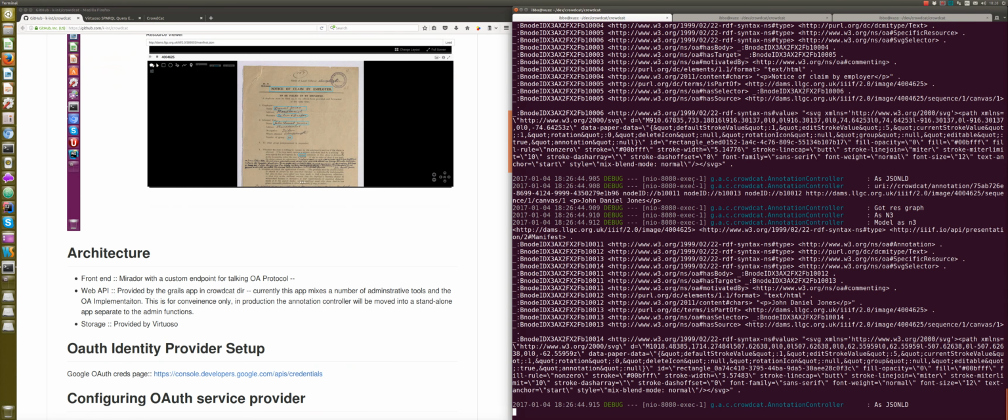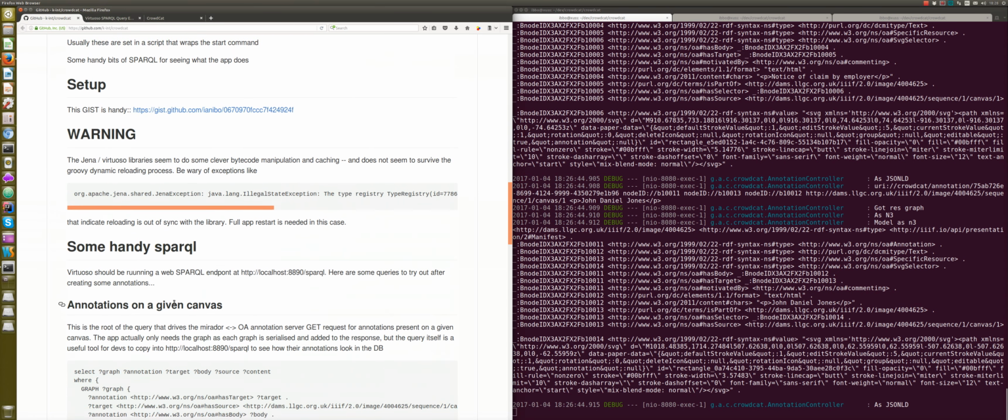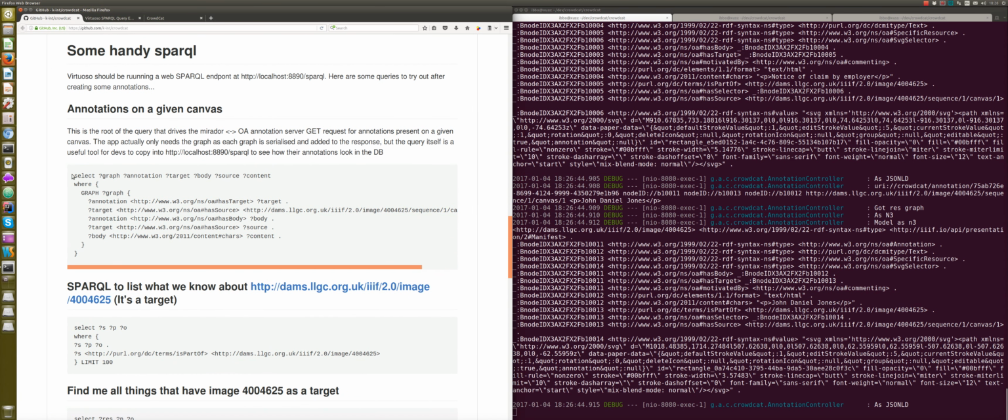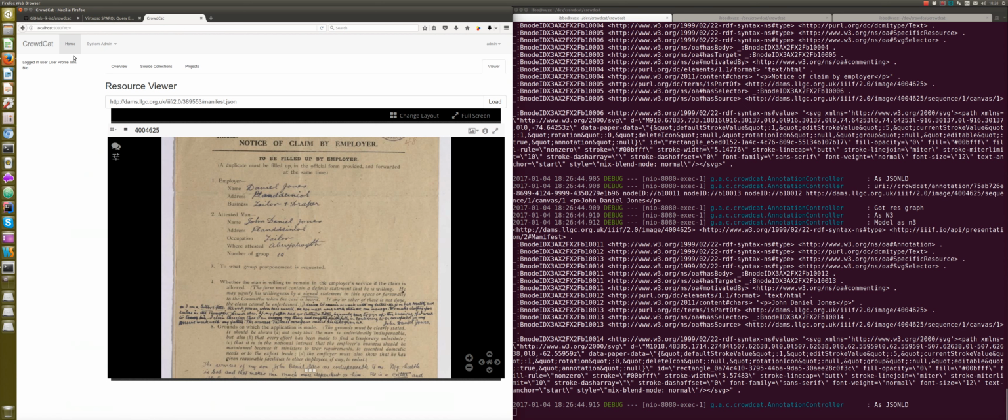So I'm running the annotation engine here in this console over on the right, and I've also got here my Sparkle query editor, which is running in a web browser, and you'll see that I've pasted in here this query from the README. And this query is the query which is currently driving the display of annotations. So if I go over to the application,